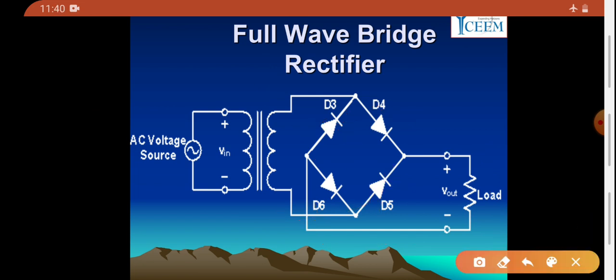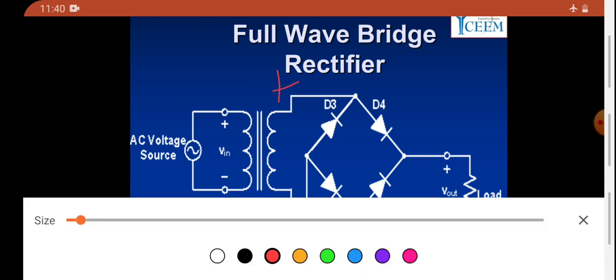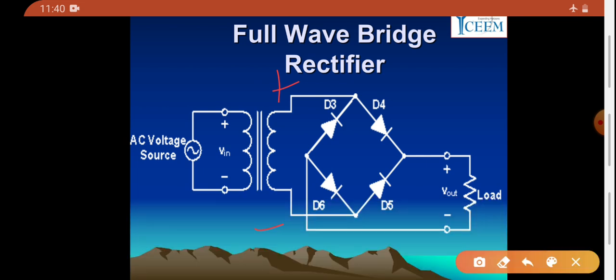As this is the positive terminal and this is the negative terminal, positive is connected with the anode of D4 and the anode of D6 only, whereas positive is connected with the cathode of D3 and D5, therefore these two are in off condition. So the current direction will be like this,